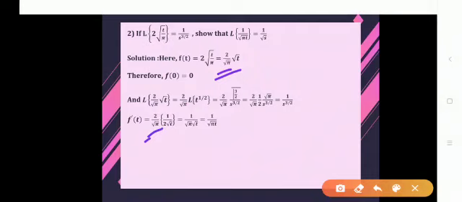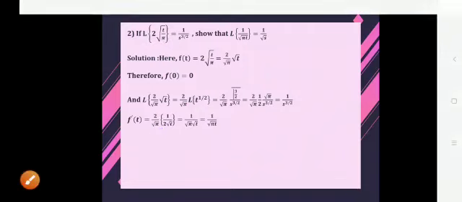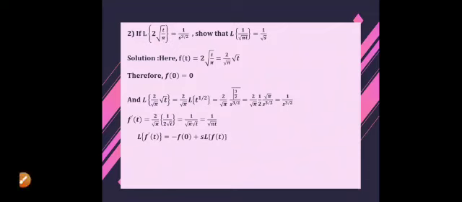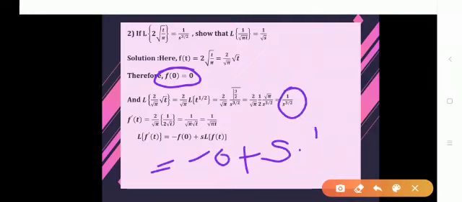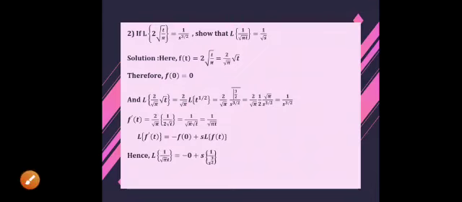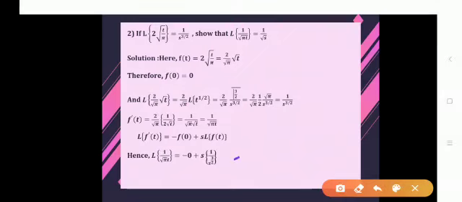square root of pi t. Therefore, we have to use here the Laplace transform of derivative result, that is the first order derivative result. L of f dash of t equals minus f of 0 plus s into L of f of t. F of 0 we have found out, it is 0, so this is minus 0 plus s as a multiplier into this Laplace transform result which we have obtained, or we may use the given result as it is. Now you have to just simplify using laws of indices for the second term. So it becomes